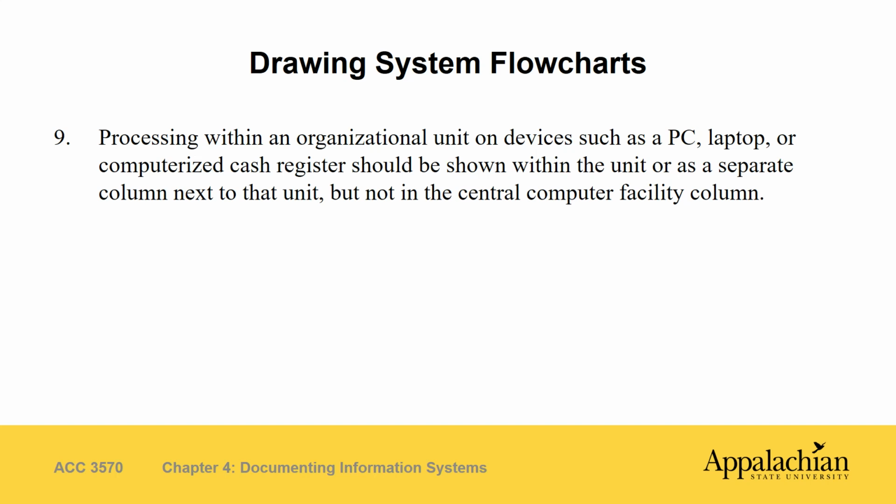You don't want to show that PC and the transactions where the salesman is entering into the PC. You don't want to have that be the same thing if they're not directly connected or communicating. What you want is to have that laptop and then show the flow of the data to the centralized computer. On that same note, in the example we've shown, the salesman taking the order is separate from the laptop, so you show those separate too. And as it says here with the systems flow chart, show them in a separate column next to that